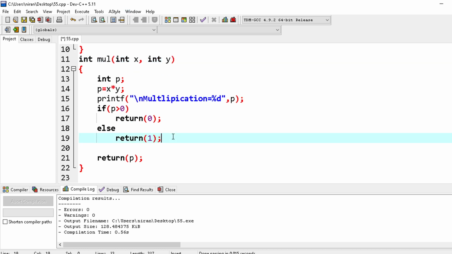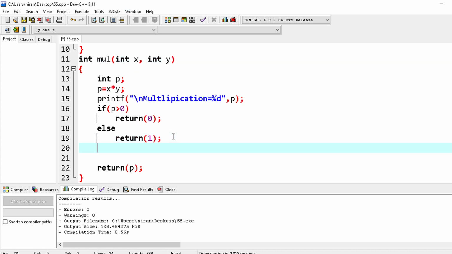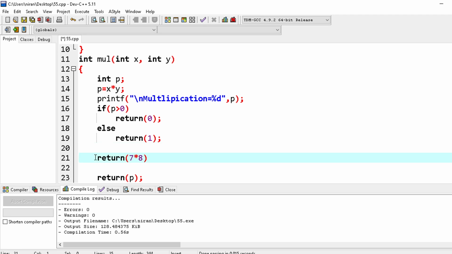And the second one is, suppose you return the multiplication of two operands.